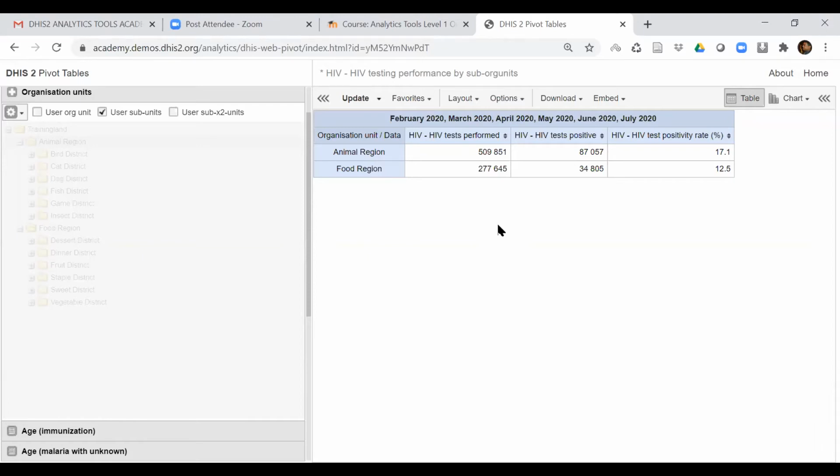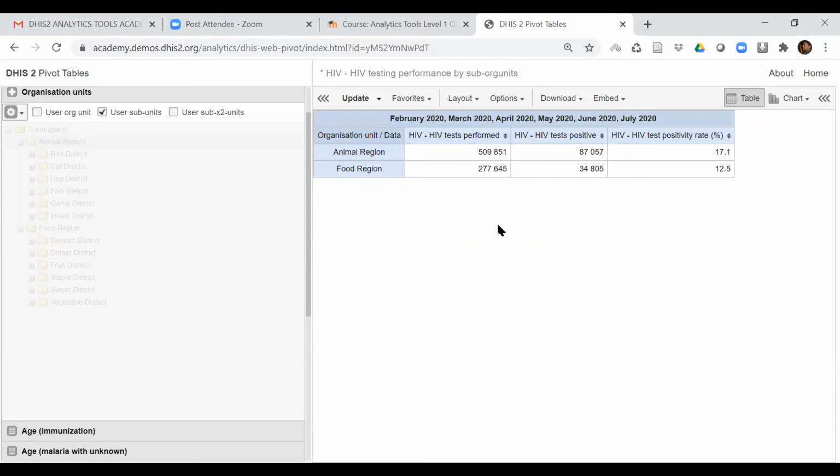But now we are expecting to see separate data for each month, and here we cannot see that. We just see a sum figure or cumulative figure of all the months. The reason is that we have placed the period dimension or months in the filter.